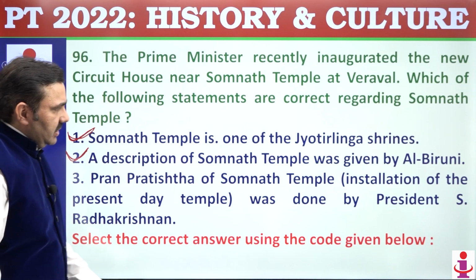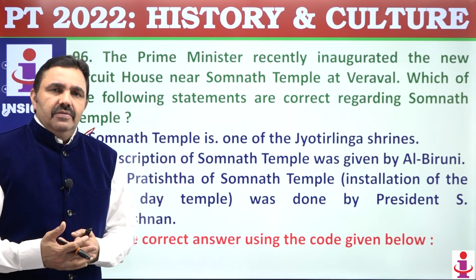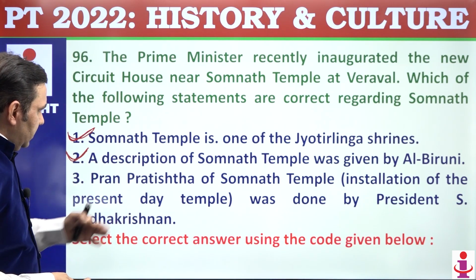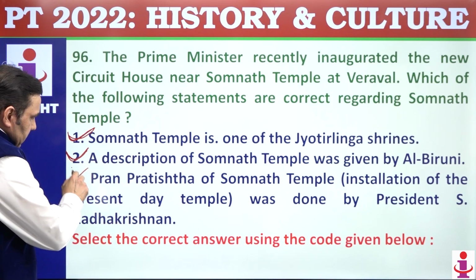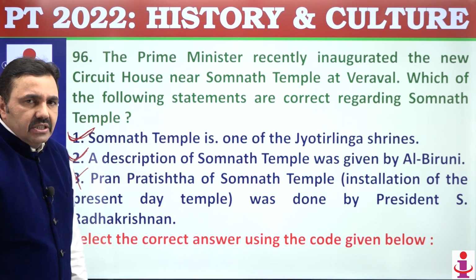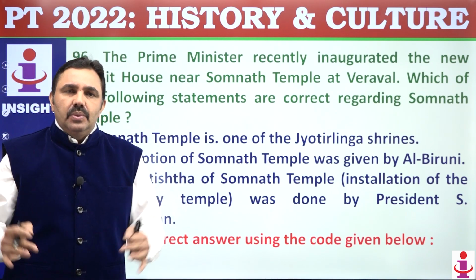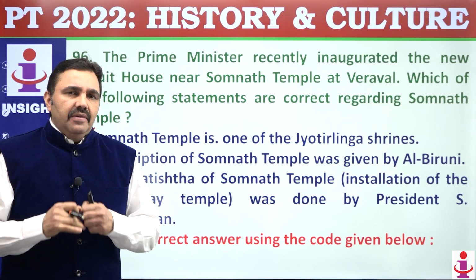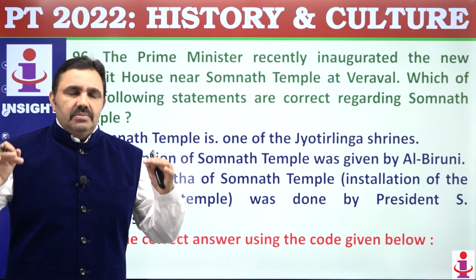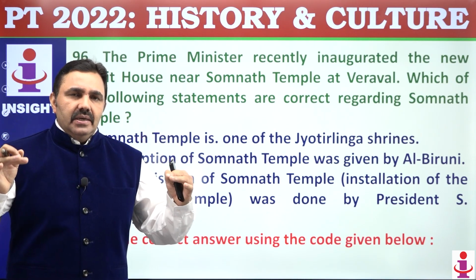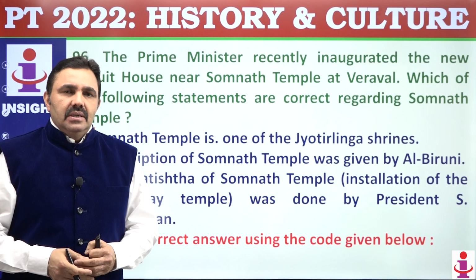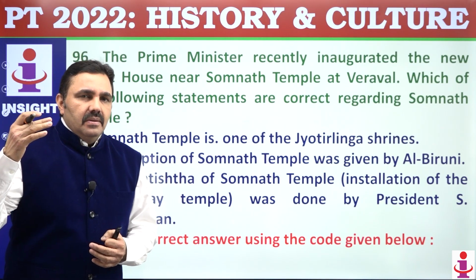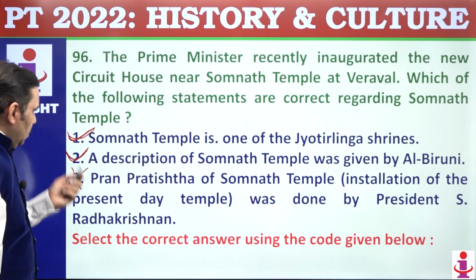Pran Pratishtha of Somnath Temple. Pran Pratishtha means installation of an image, installation of the deity. Pran Pratishtha of Somnath Temple was done by President Dr. Rajendra Prasad in May 1951. At that time, Pandit Nehru even opposed it, strongly criticized Dr. Prasad for taking part in a temple ritual activity. He was thinking that this is against the secular values of India. It was Dr. Rajendra Prasad. So 1 and 2,